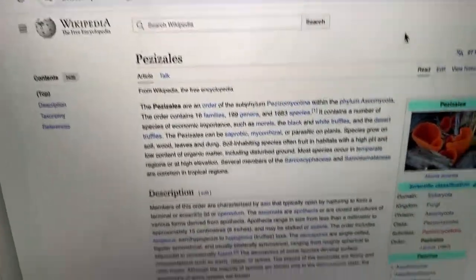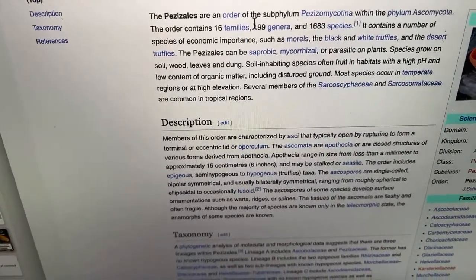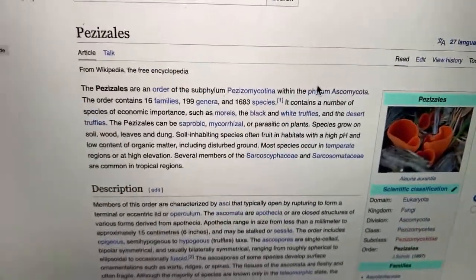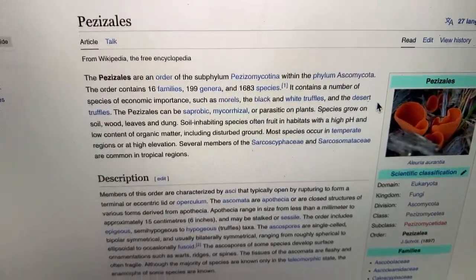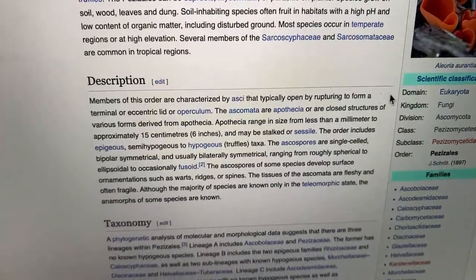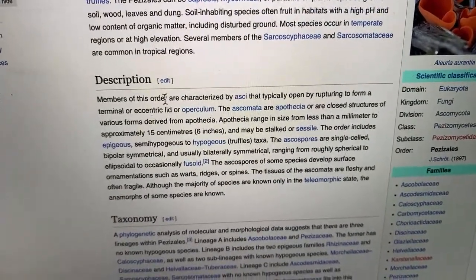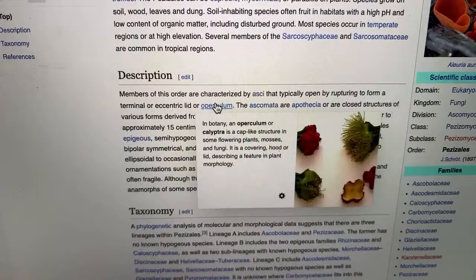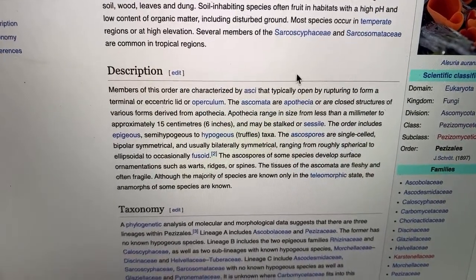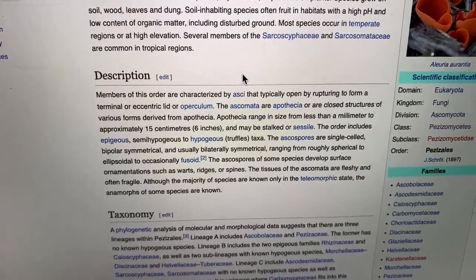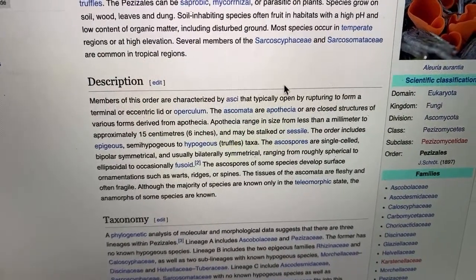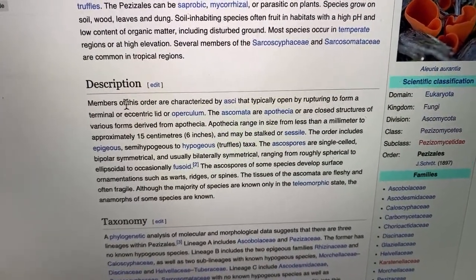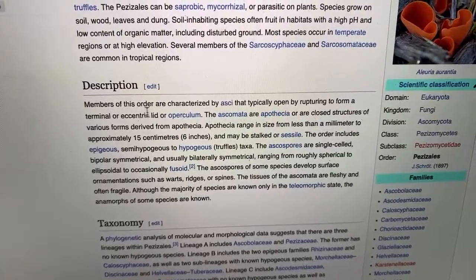So I looked it up, and this is what Wikipedia told me. Pezizales are an order within the phylum Ascomycota. We know that, right? Description, here we go. So what makes something in the order Pezizales? Members of this order are characterised by asci. Yeah, we know what they are, those little fingers with the ascospores in, that typically open by rupturing to form a terminal or a centric lid or a